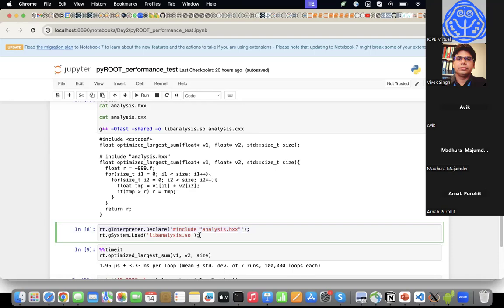And then there is also a method called Load of gSystem, which loads this shared object that we created after compiling the code. Then you run ROOT.optimized largest sum, and if you run it, you will see that now the time reduces to about 2